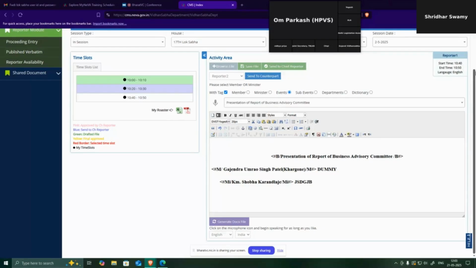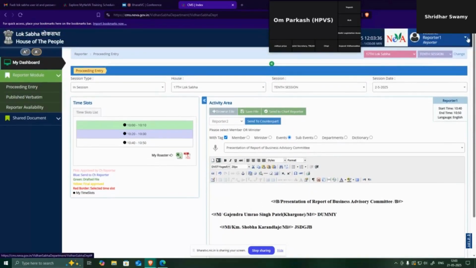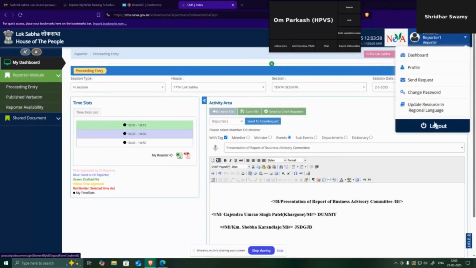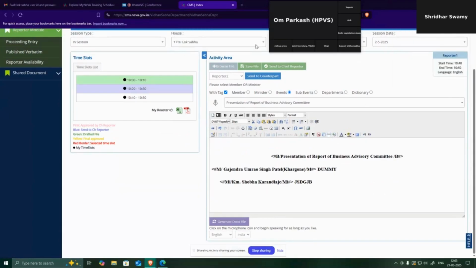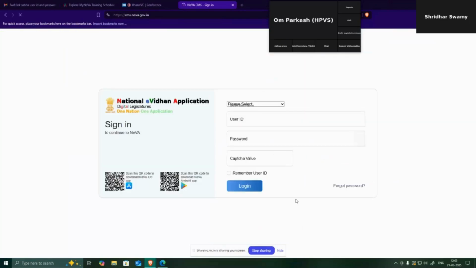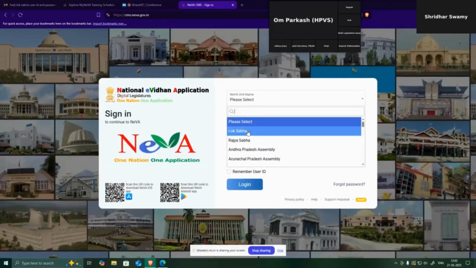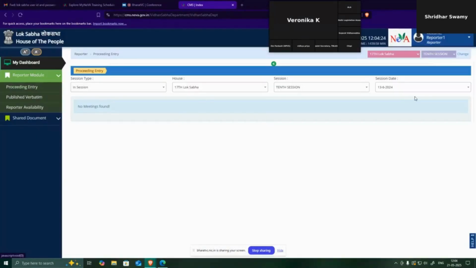Then for testing purposes, we are logging in this particular user. Then how can we see it? Firstly, we have not saved this particular detail. Then we are seeing how our restore feature works. For that purpose, firstly we have to log out this particular user. Then we have to log in again as this particular user. Go to the proceeding entry,